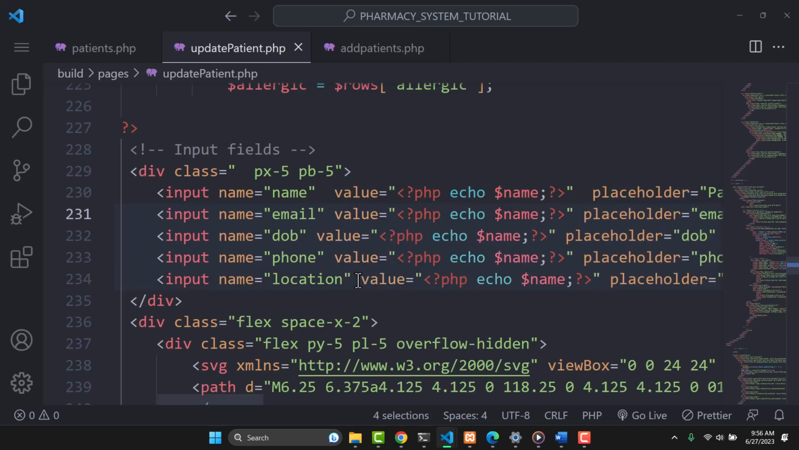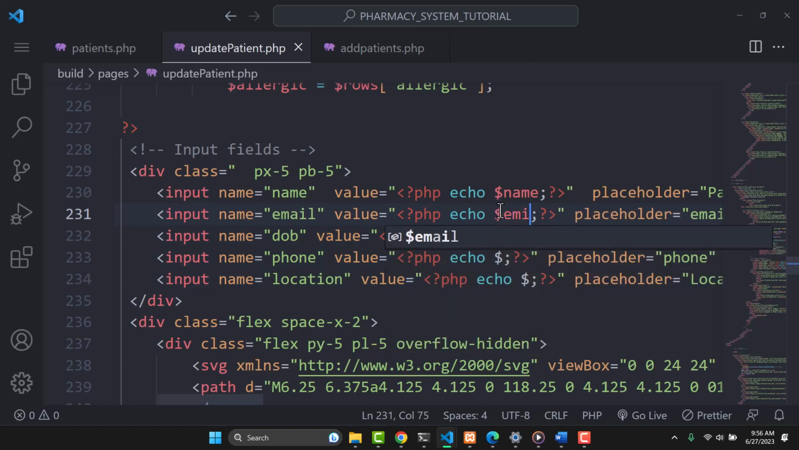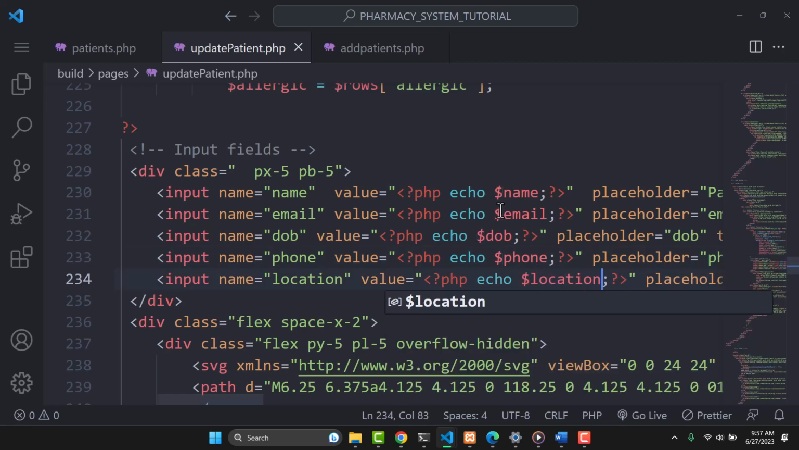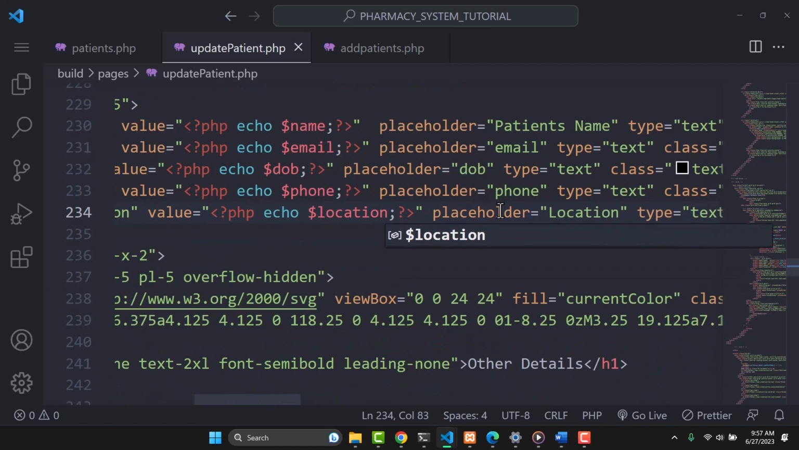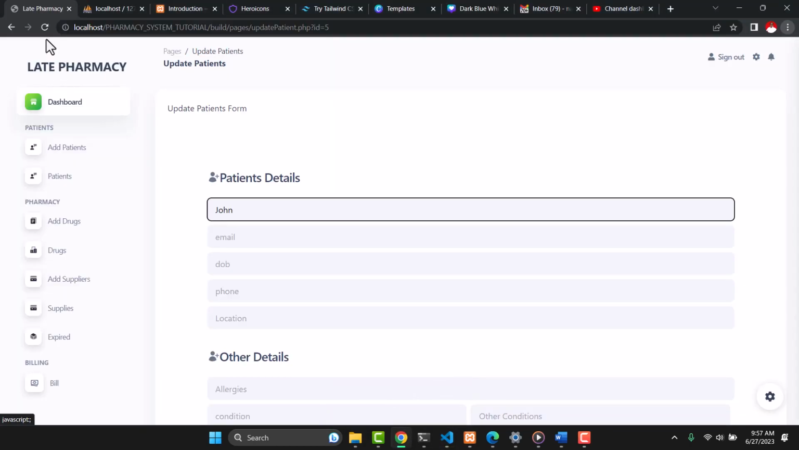So just paste it, and then I'm just going to change the names. So like this one will be email, this one will be DOB, this one will be phone, and here we have location. So if we refresh that,